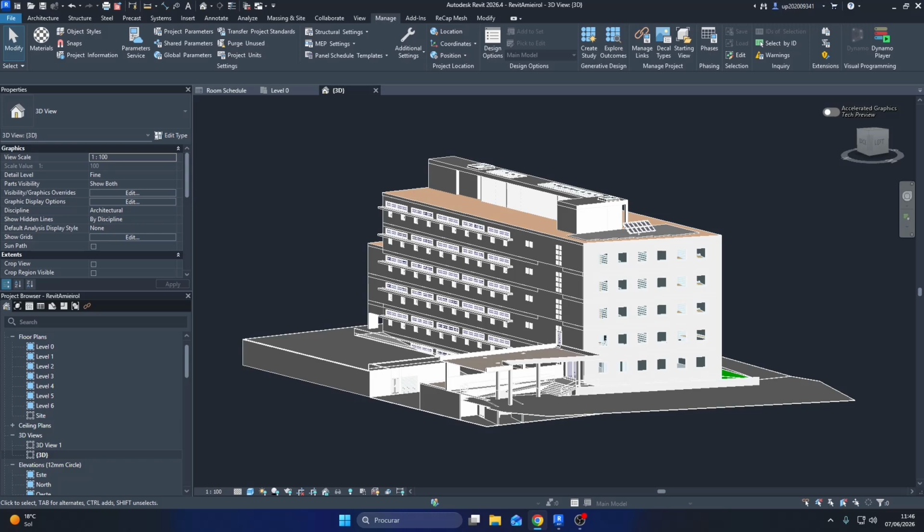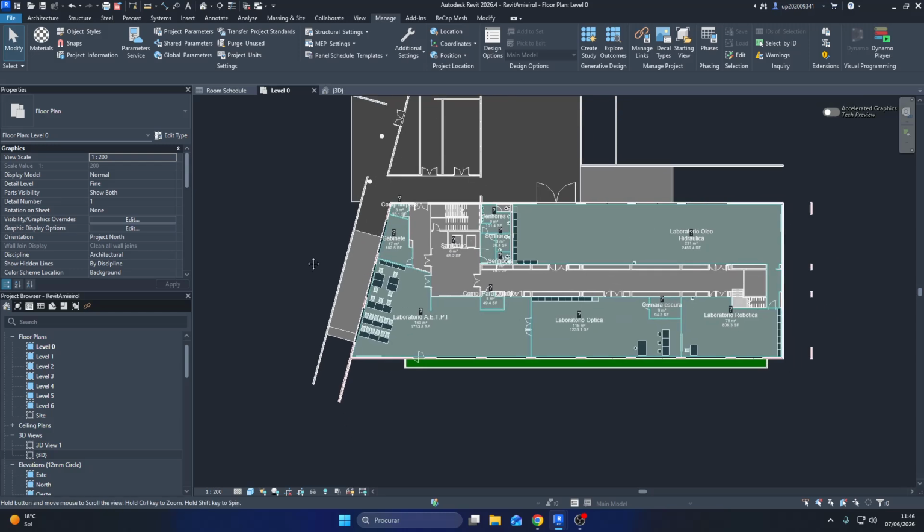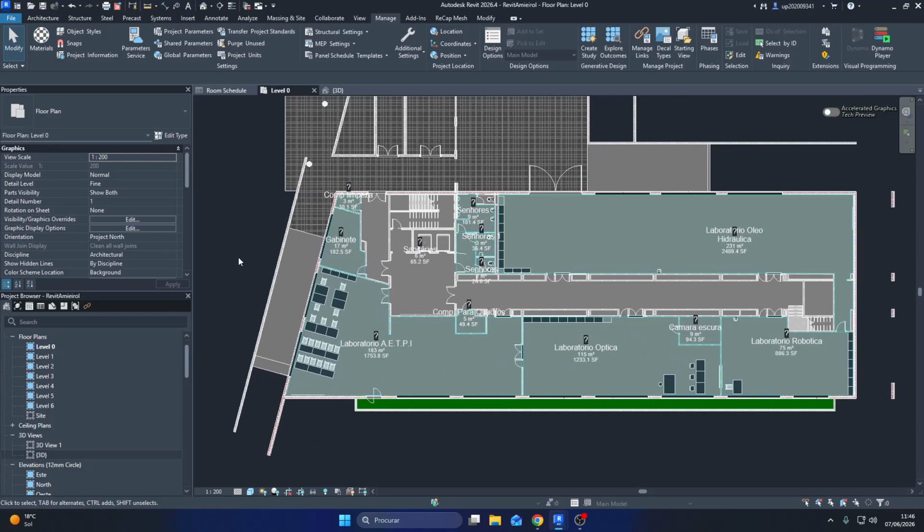The starting point was an existing Revit model containing indoor areas. The first step was to make sure that the indoor spaces were properly divided into rooms. In this case, we have our first floor divided into some rooms. Each room must be available as a Revit element with room name, room number, and additional parameters that can later be